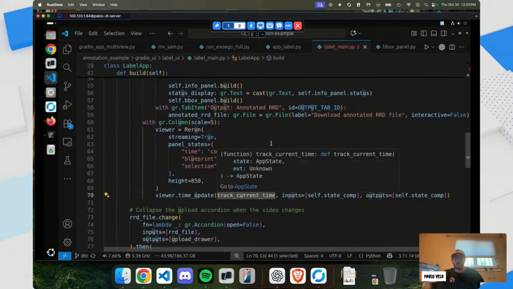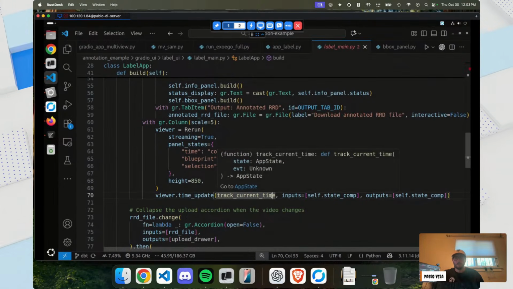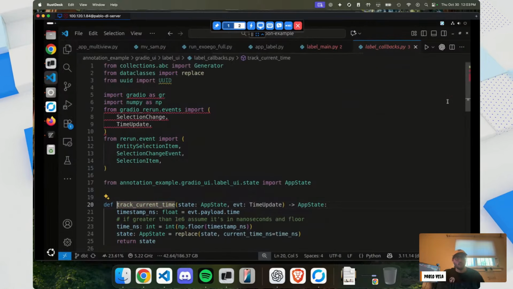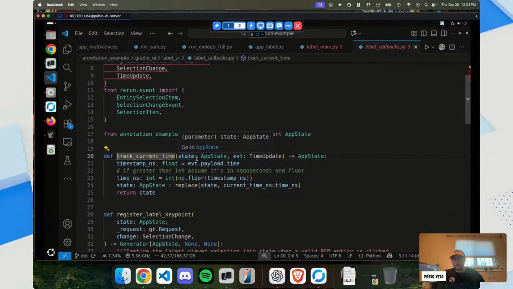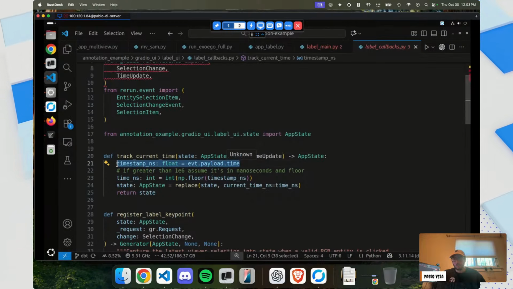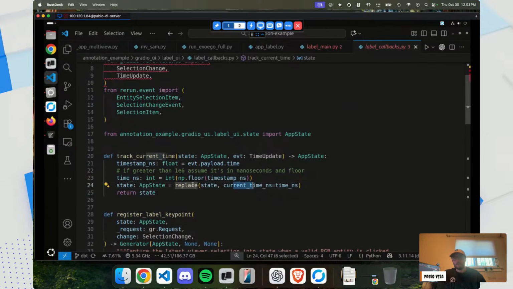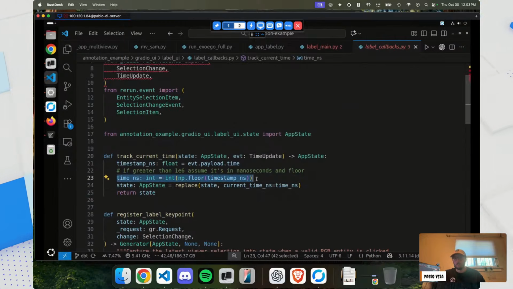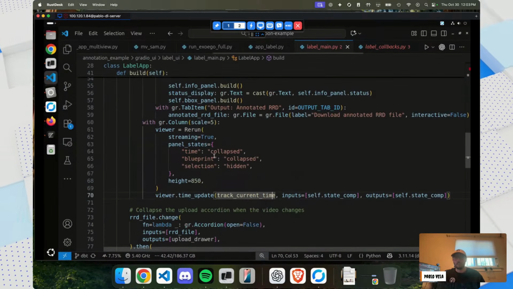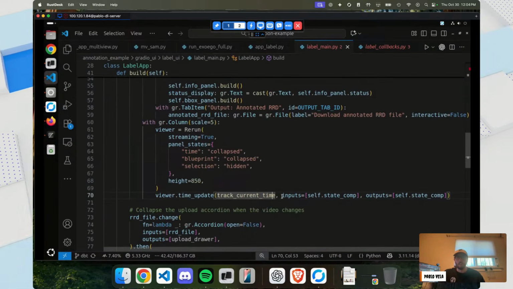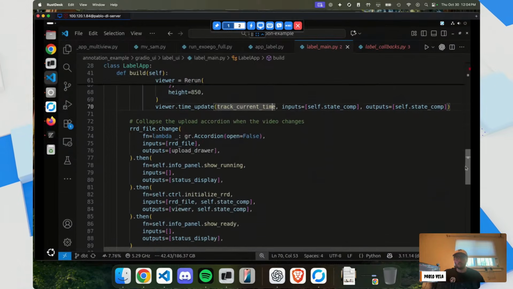And so I have this thing called track time that basically gets the state of the app that it's currently at. It gets a payload of the current time step, and then I update that payload to know, okay, the current time is this time in nanoseconds, right? And then return that state, and that tells me exactly where we're located in time at this exact second. So Rerun makes it super easy to do this kind of stuff.